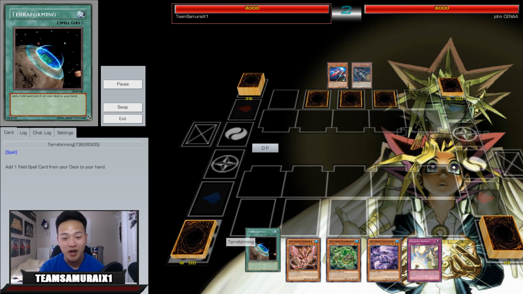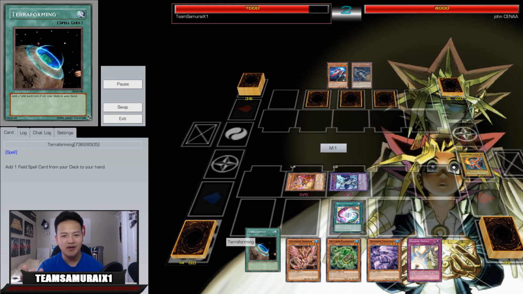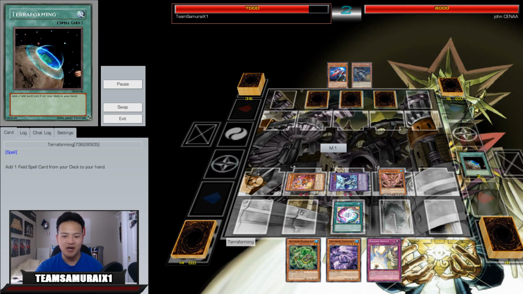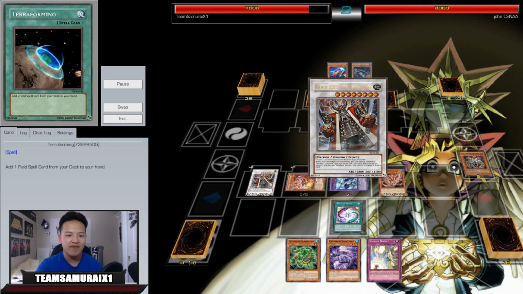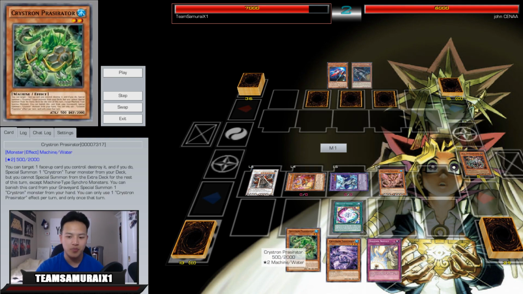The Causal player did brick, which is pretty sad. I went up Brilliant Fusion again. So this is kind of like a Brilliant CRYSTRONs, very consistent. I go into Gear Town, CRYSTRON, Rosenix, especially if you open up with a Brilliant Fusion in Gear Town and any CRYSTRON monster, you pretty much have game